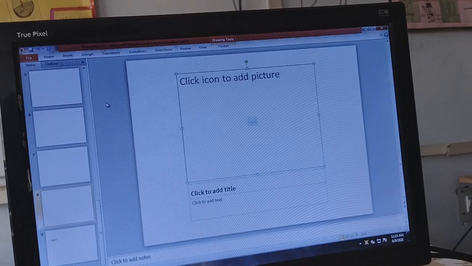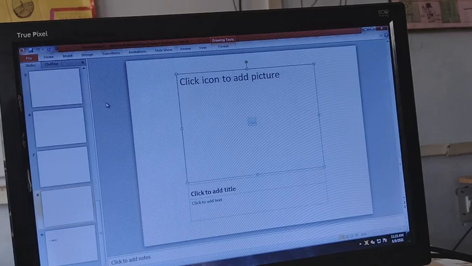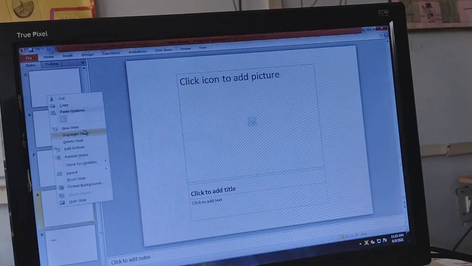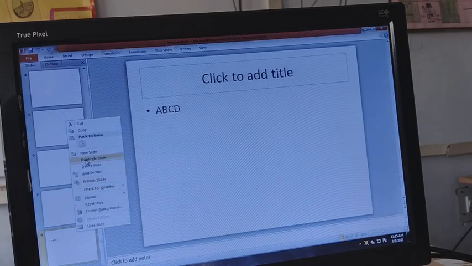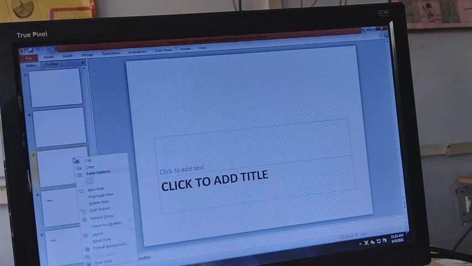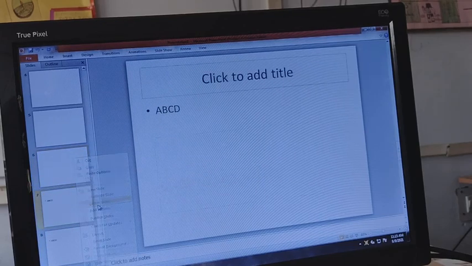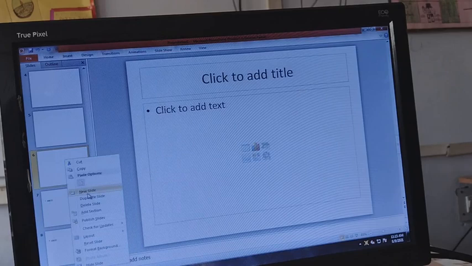Now this is for adding a slide. If you want to delete a slide, you can select the slide from the left hand side pane, right click, click on the delete slide option, and it will delete the slide.